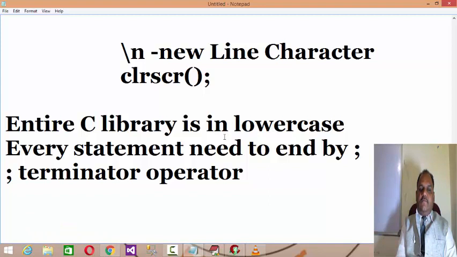In the similar manner, we understand that the statement ends. So terminator here means it indicates the end of a statement, like a full stop indicates the end of a sentence. In the similar manner, semicolon represents the end of a programming statement on that particular line, right?